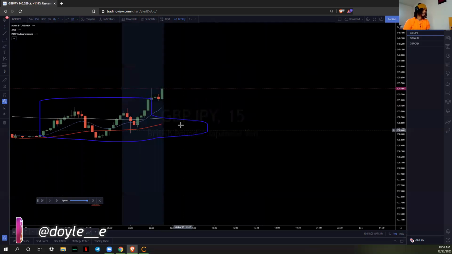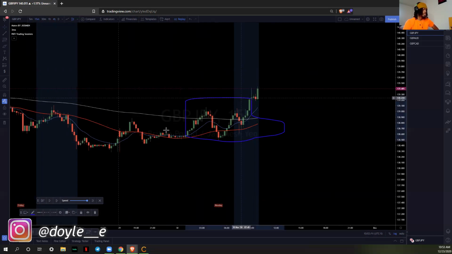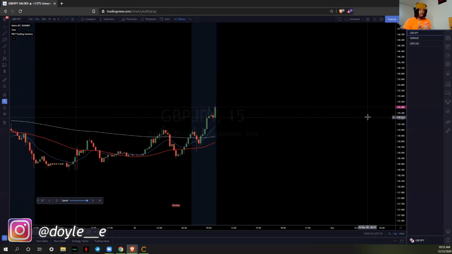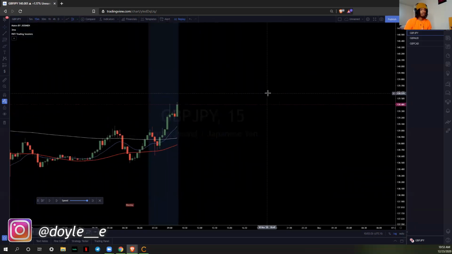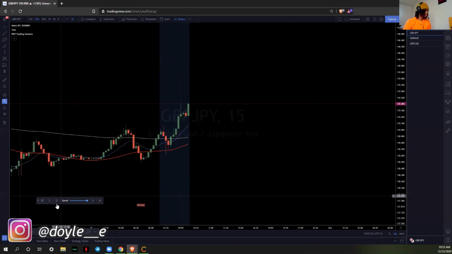I'm taking this with confidence, straight up, because I'm looking at the higher time frames. I'm not sitting on the 15 looking for setups. I used to do that all the time. No, stop sitting on the 15. You got to toggle 1 hour, 4 hour. I don't really look too much at the daily because I glance at it, but I ain't like, okay, the daily is moving up and down. I ain't looking at one candlestick. I don't really care too much about the daily because we scalpers, we in and out, but I glance at it every now and then. But yeah, so